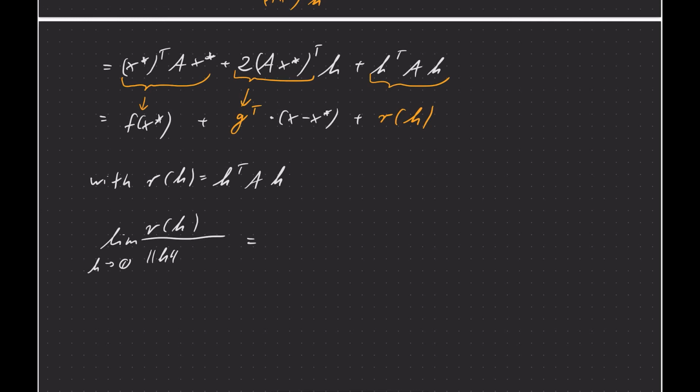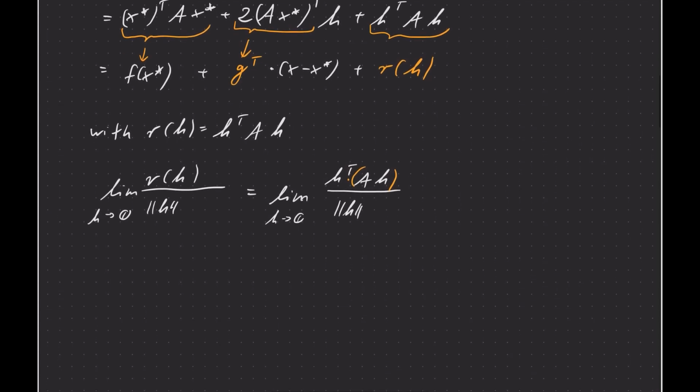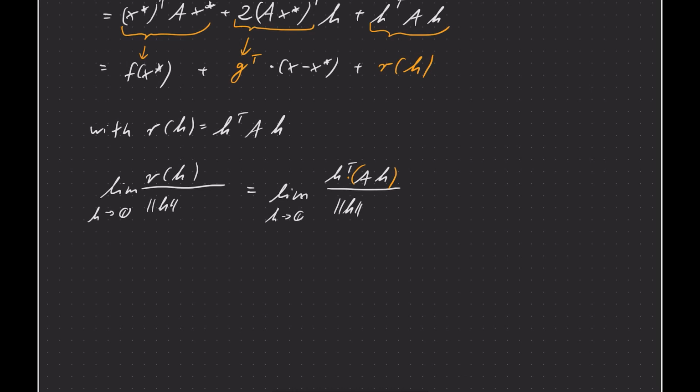Okay, so what can we do about this? Well, let's first insert our function here. So R of h is the function h transposed A h. And now remember, what we have here is actually a scalar product of h and A h, these two factors. And for a scalar product, there is a relation known as the Cauchy-Schwarz inequality. And what does that Cauchy-Schwarz inequality state again? Well, it states that